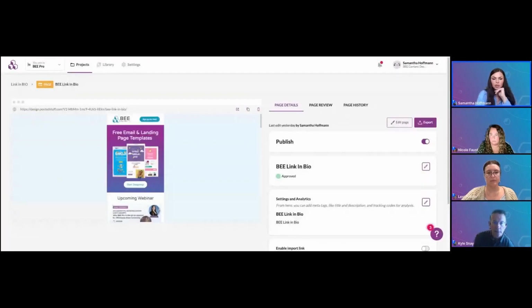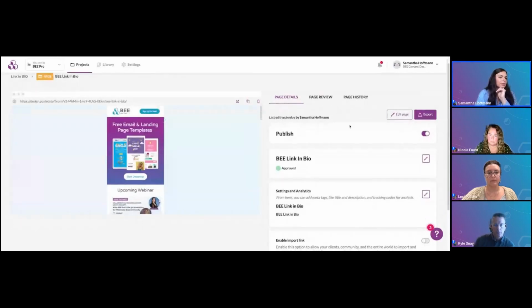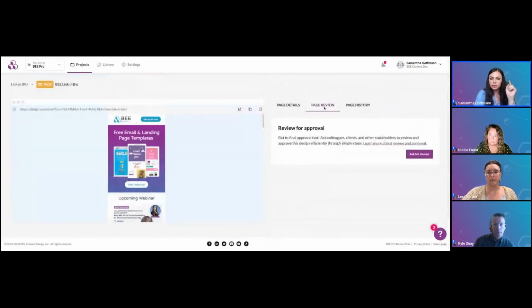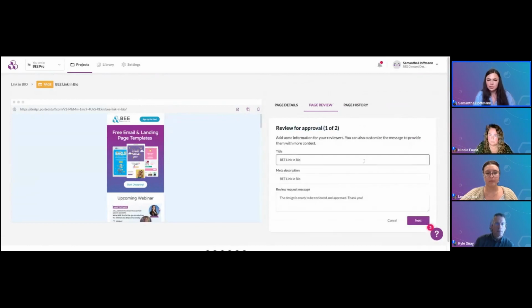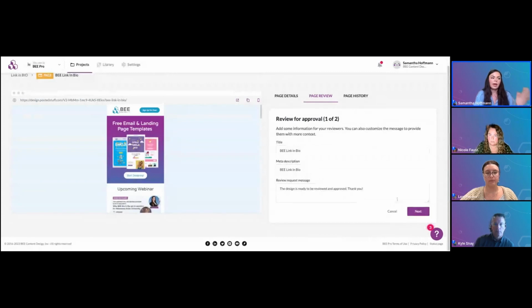I just wanted to show what that native approval flow looks like real fast. If you look at the page review tab, this is in our B Pro enterprise level account. You just go to page review for approval. It's really easy and intuitive. You can add a title, add a meta description, and it generates all these generic things.